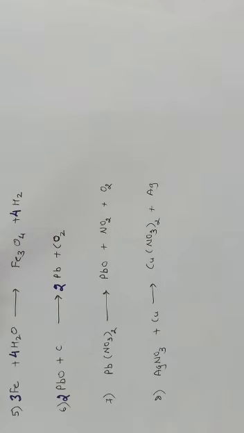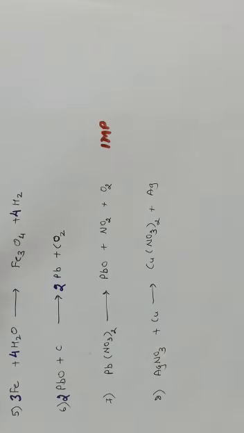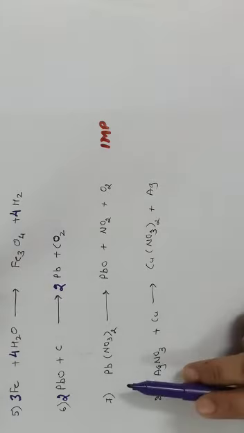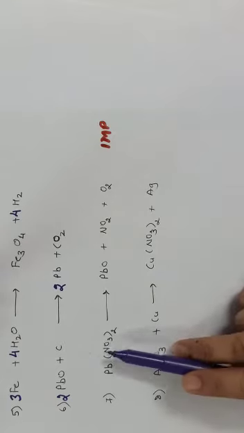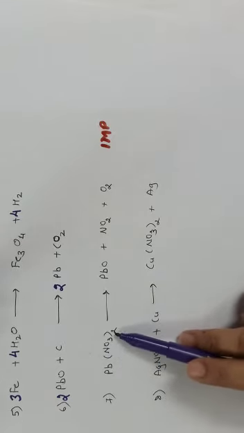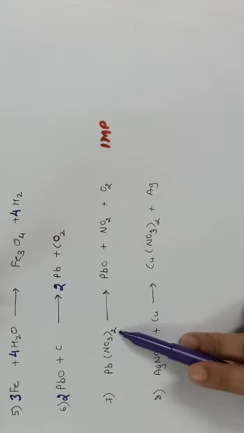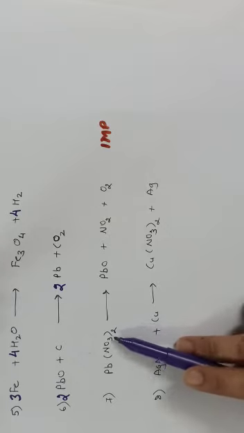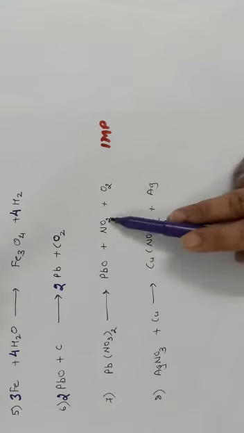Now this reaction: lead nitrate gives lead oxide plus nitrogen dioxide and oxygen. It is a very important reaction for balancing, and you must have studied it in thermal decomposition reactions. Okay, so lead is 1, here also 1, no problem. Now oxygen, there are 2 numbers. How to calculate now? These both numbers will be multiplied. The number written inside the bracket and the number outside the bracket will also be multiplied. So oxygen, there are 6 atoms on the reactant side. On the product side, 2 and 2, 4.